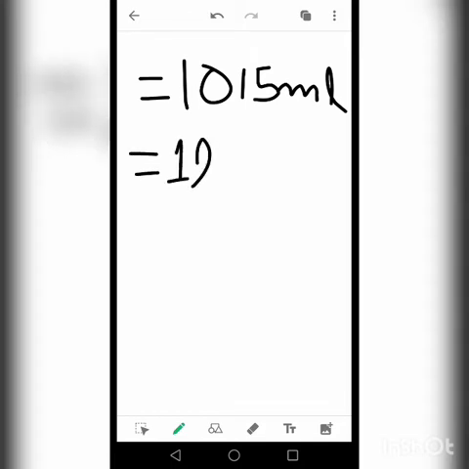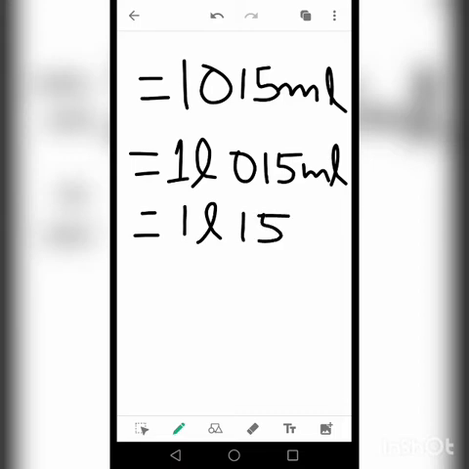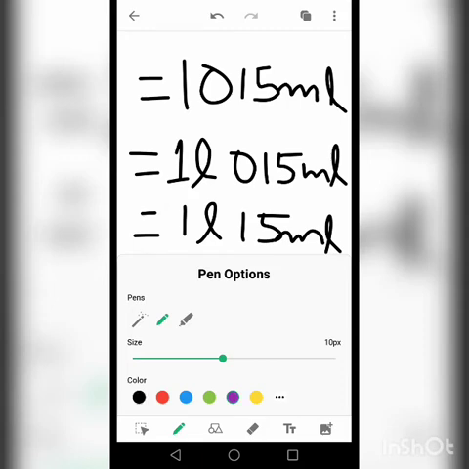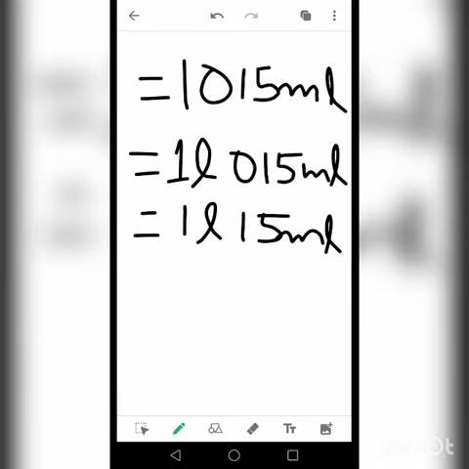Now when you get 1015 ml, you have to convert it into liters and milliliters. Basically, you will write 1 liter 015 ml, that is 1 liter 15 ml finally. How we have done that, you better observe. Whenever you get these types of 4-digit numbers, you choose the 3 digits from the right, and these will form the milliliter quantity and the remaining number will form the liter quantity. Since it's a 4-digit number, we have got 1 digit for the liter quantity. Had it been a 5-digit number, we would have got 2 digits for the liter quantity.